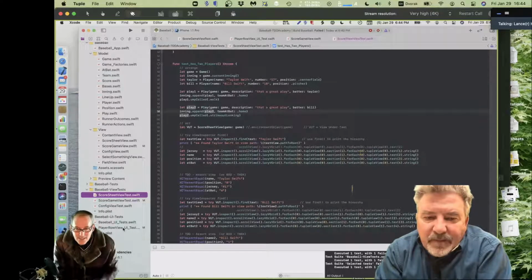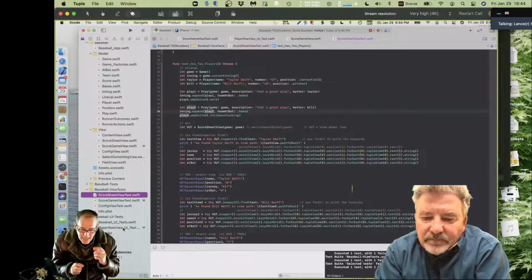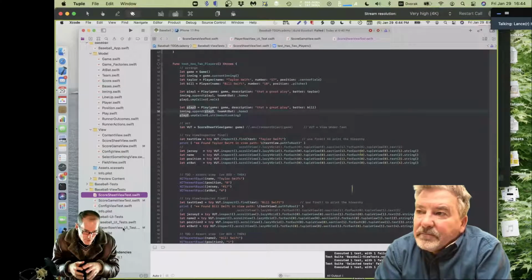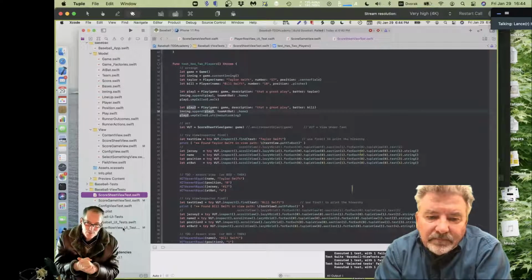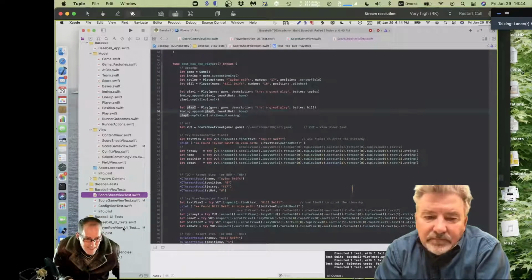So yeah, this is a case where I would give myself a prescription to go do some katas, build some views from scratch, and do it test driven, because we already know how to do it without View Inspector and without being test driven. Is to write the first test. So right now it's